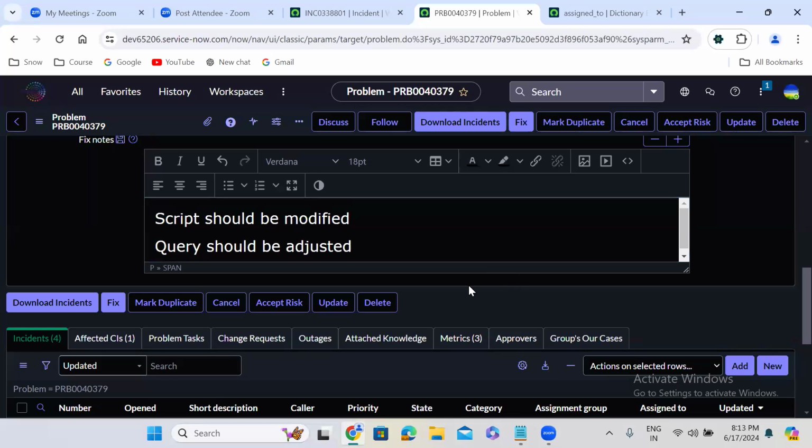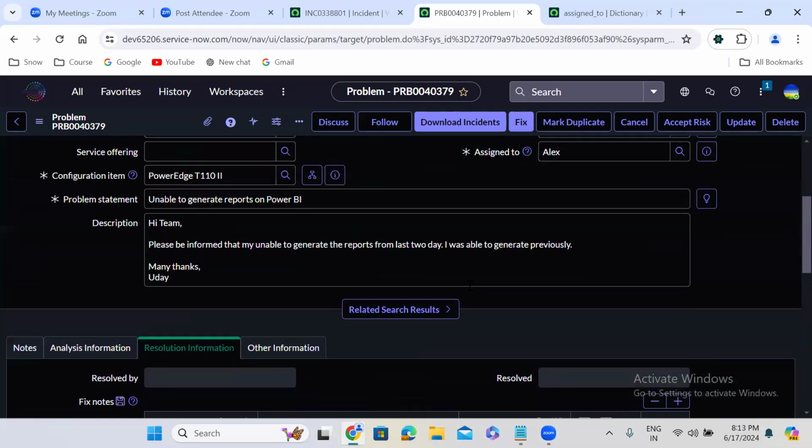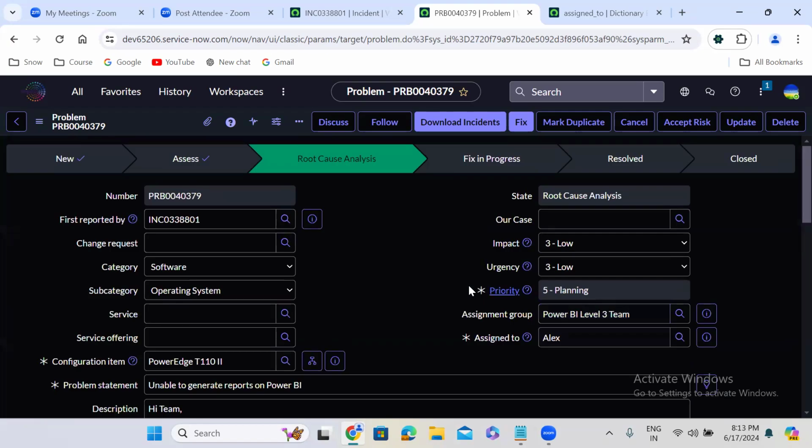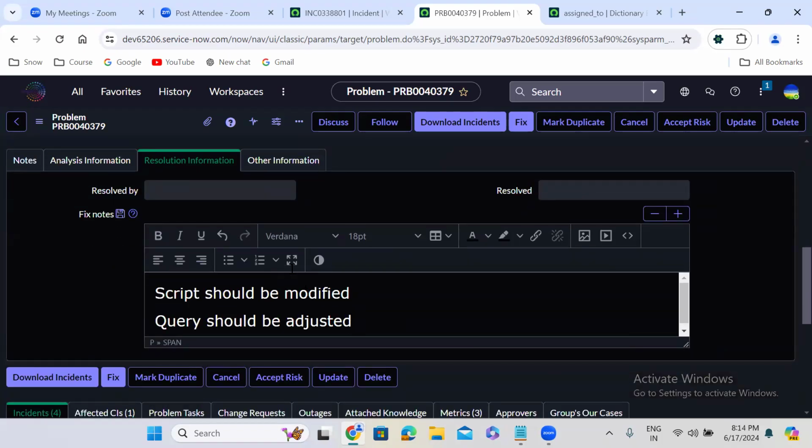This is the solution that has to be followed. So after identifying the root cause analysis, Alex will click on fix here. When he can fix it, this change can be done.